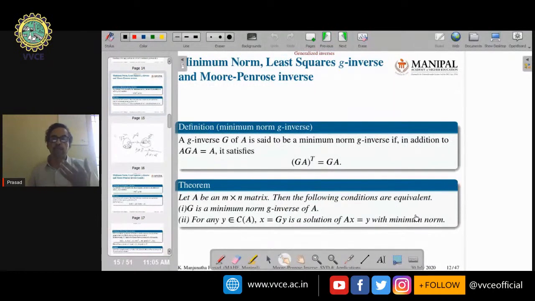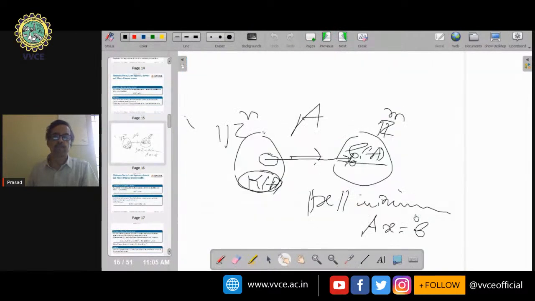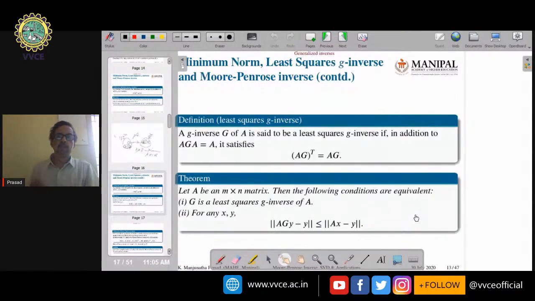So if I look for a solution with minimum norm for the given system Ax, then I find a minimum norm generalized inverse and use that one to get the minimum norm solution. Similarly,